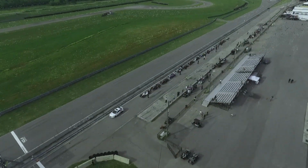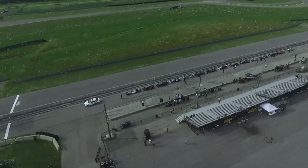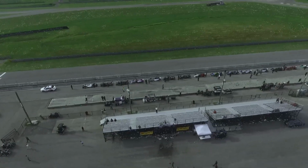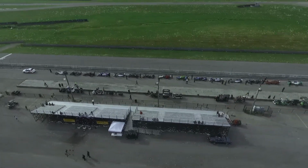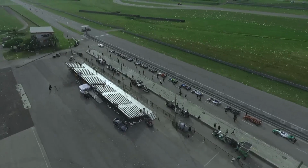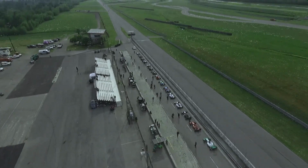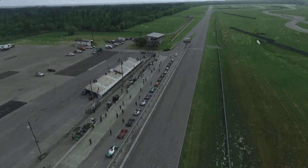Otherwise, folks, I think we're almost set to go here. The crew is doing a great job. Good call by the race control team to go red. We still have 9 minutes remaining. I think I said we needed about 8 minutes, and we're at 9 right now. I just heard the 30-second call. So we're going to roll out here on track. Now, it says 14 on live timing. I believe when they roll back out of the grid, we're going to put lap 15 in the book. So it should be a 3-lap dash to finish this one off. So hold on,